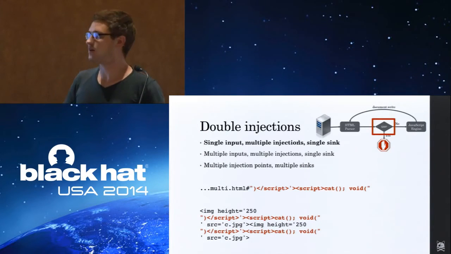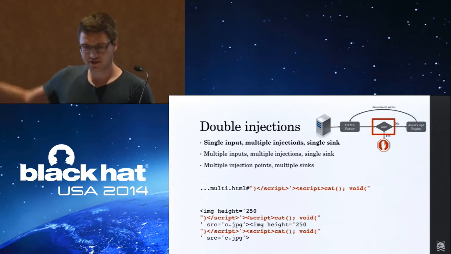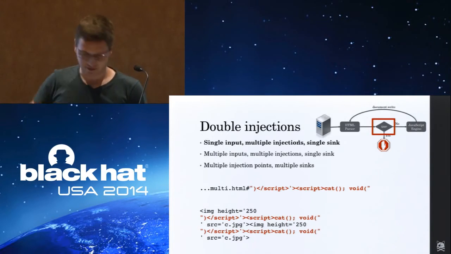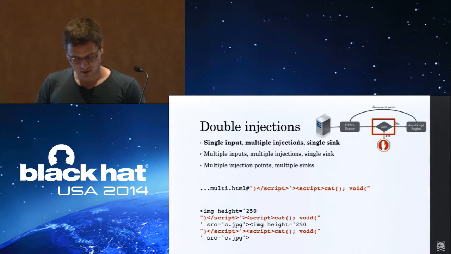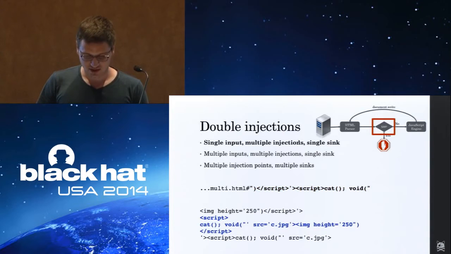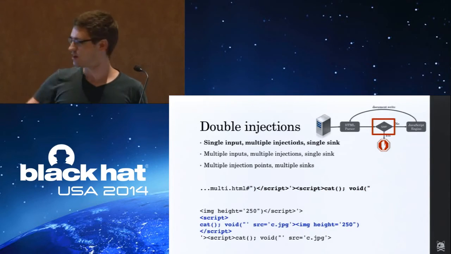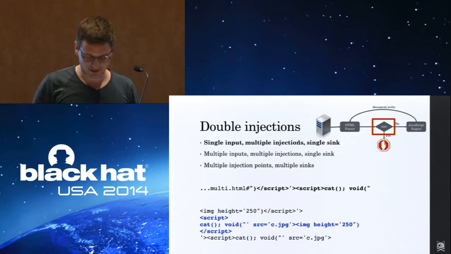So this is, in red, I've marked the payload we have here. This is what it initially looks like, right? You have this image height, and then it's broken. But if we reformat that to show what is actually being given to the JavaScript engine, you see the following. This is exactly the same code I showed you before, just with the line breaks changed slightly. Again, we have the call to cat, we have the call to void here,